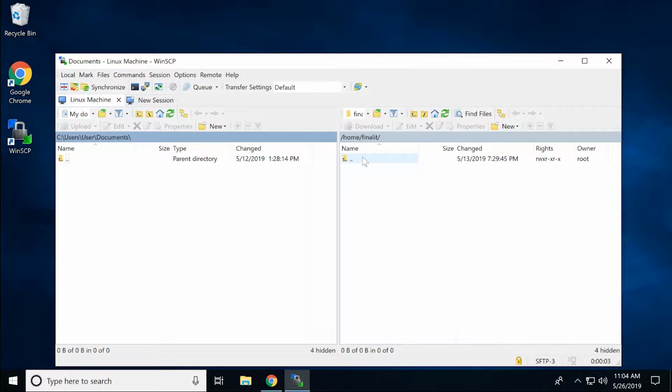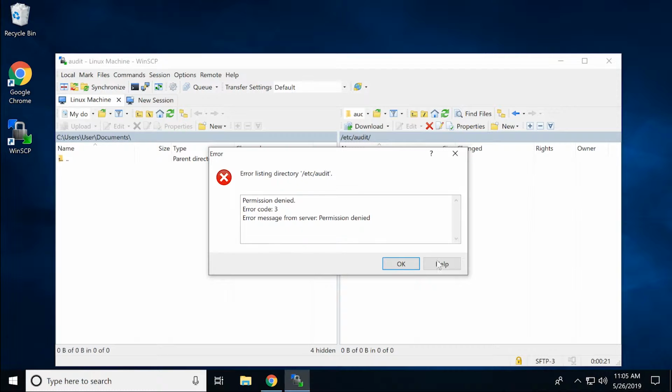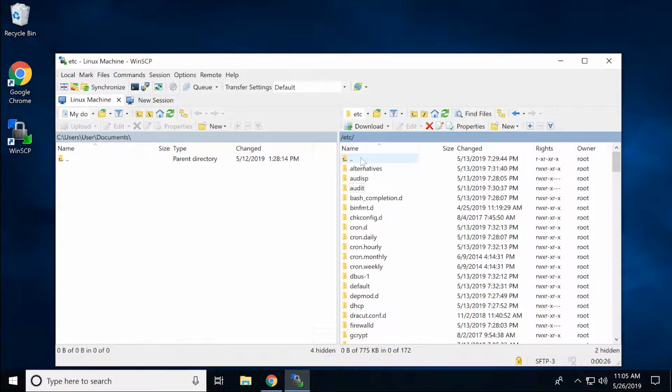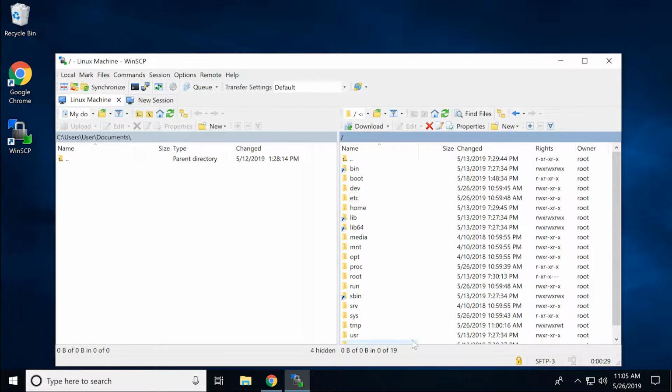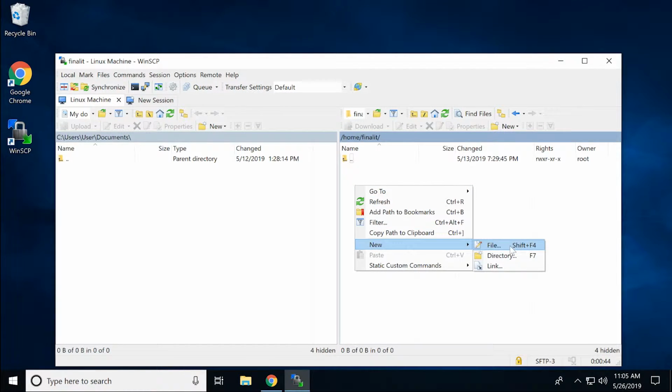Alright, and you'll see now that we're greeted by a directory structure. This one on the left here is our local machine, and this one on the right is the Linux machine, so we can go up to the top level directory and see all the files in here. It's also possible to drag and drop files and even edit them directly. We don't have permission to go in here as the user we connected as. So that's another good point. Sometimes it's good to connect as the root user instead of the local user in order to have full rights to change anything necessary. Right now we mostly just have rights